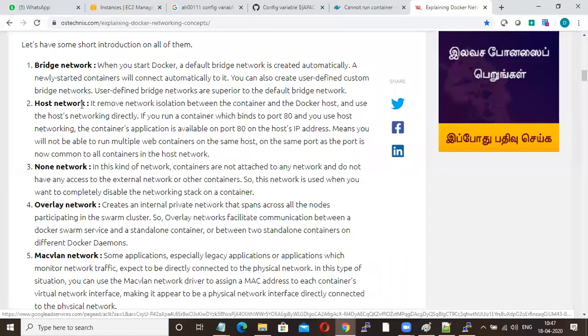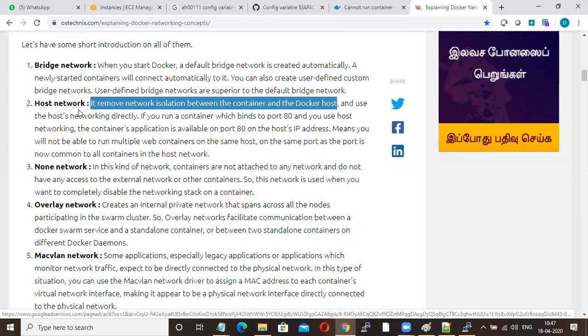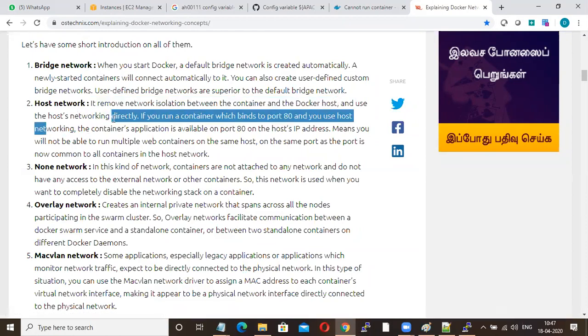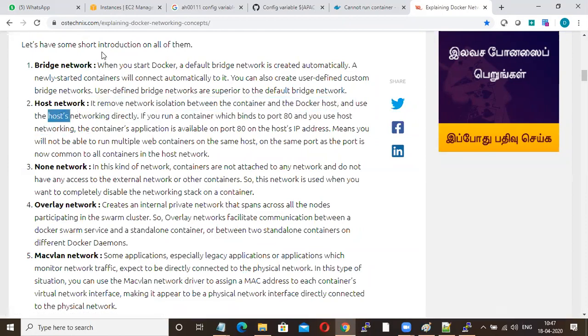Okay, so what is host network? Host network removes network isolation between your container and host and uses host networking directly. What is host means? Our EC2 instance. So if you run a container which binds to port 80 and you use host networking, the container application is available on port 80 on the host IP address.